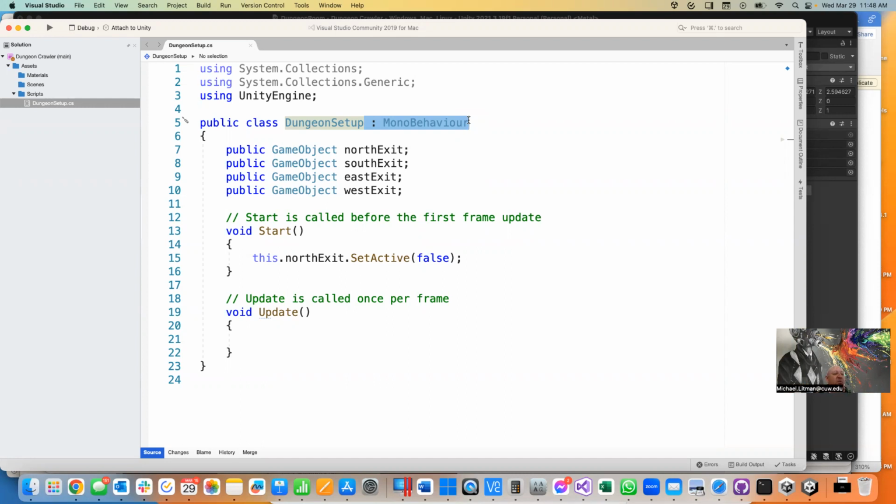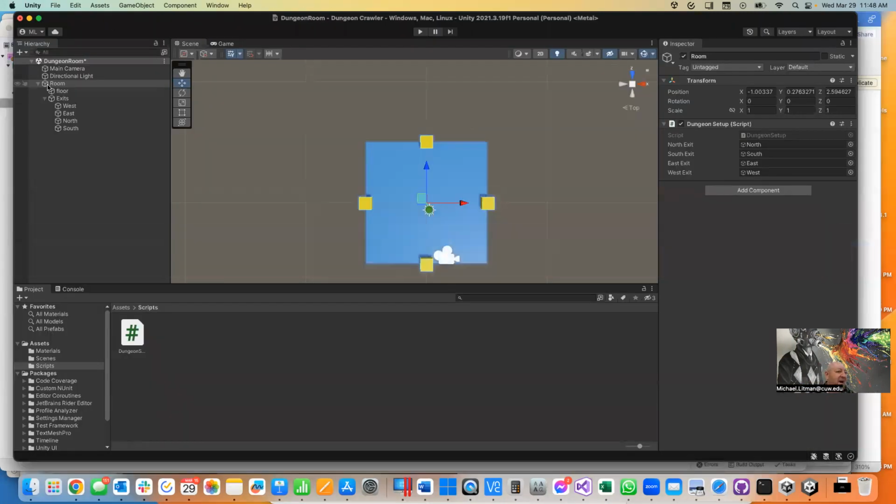So that's what we're doing here. We've attached this script to this empty game object that I just called room. And effectively room is just a folder that's holding on to these game objects, which are floor, exits, these things. But room is not actually something visible. It's just organizing some things that we see. But I attached the game script to it. So the idea of a room now has this ability called dungeon setup, similar to how you have the ability to jump. So it has this ability, and in that code,